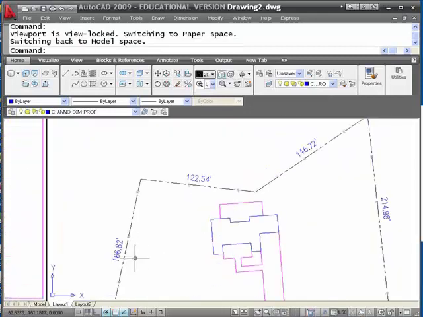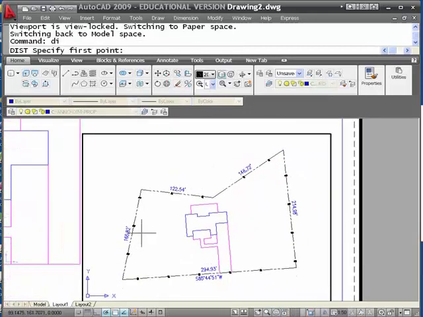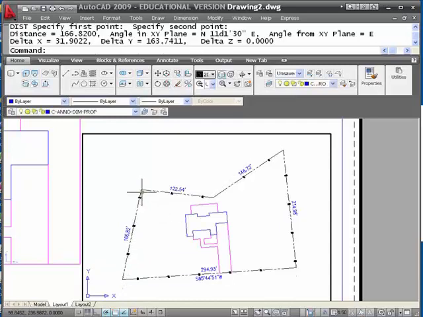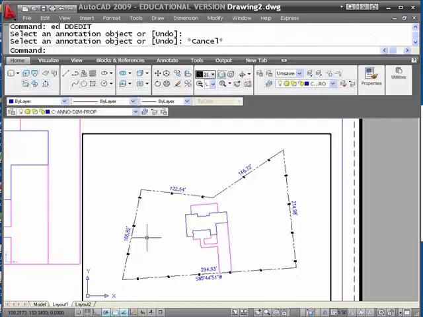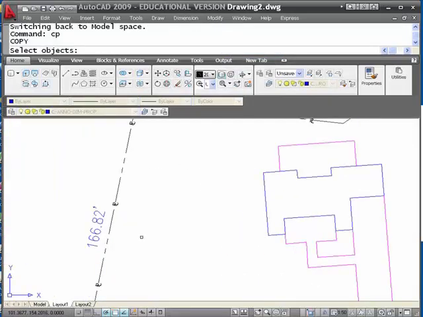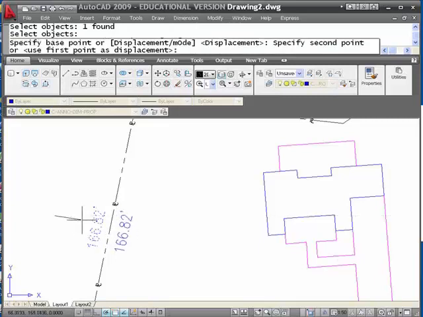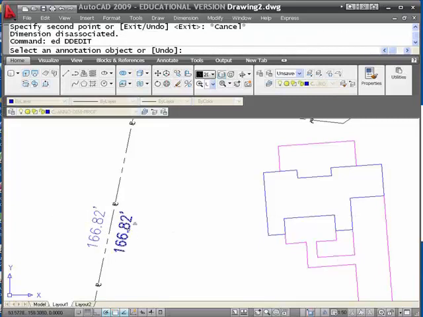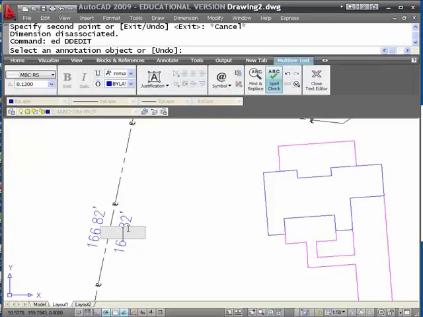I go ahead and do the same thing for each one of these. I say DI, what's the distance from here to here? I go up and just highlight it, copy it, go to edit. Before I do that, I actually have to copy this down below. Now I can go ahead and edit that. Paste in what I just copied, get rid of the spaces, again, %% in front of the D,